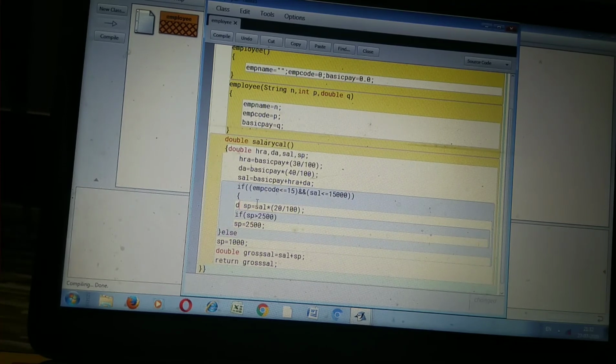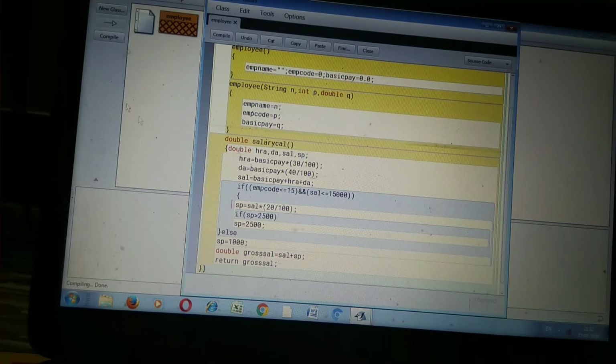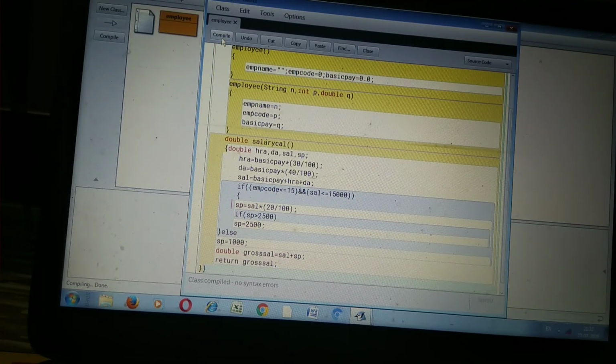After this, click on the compile button again. Here is no syntax error, meaning our program is correct.